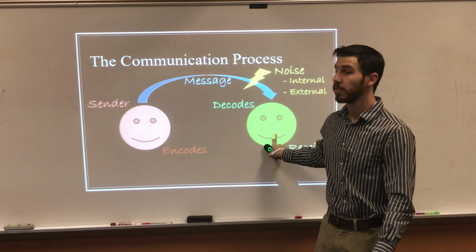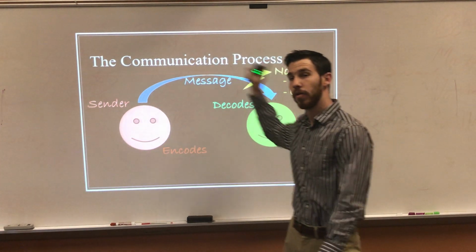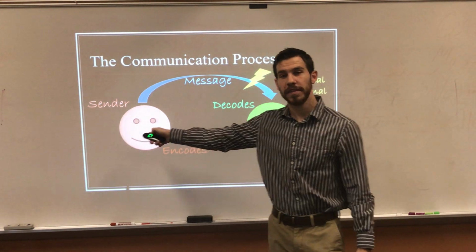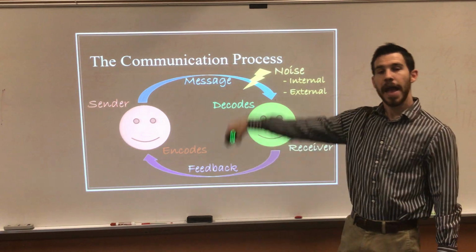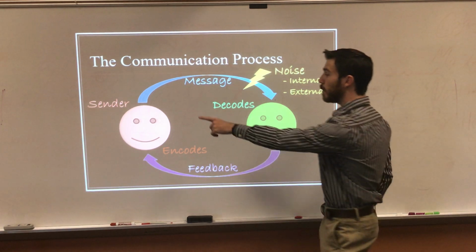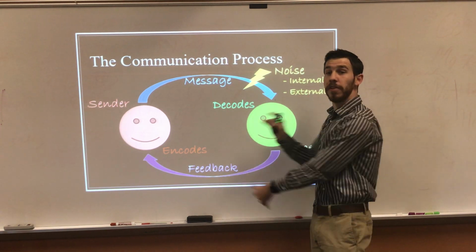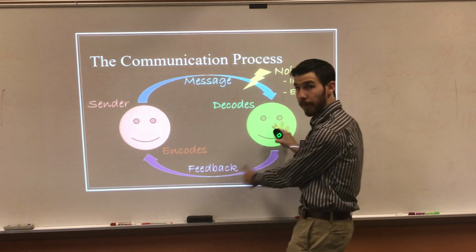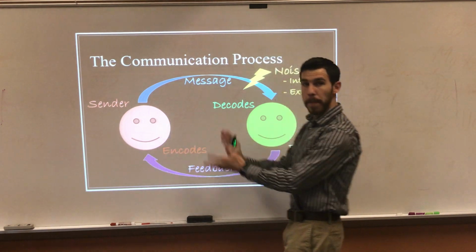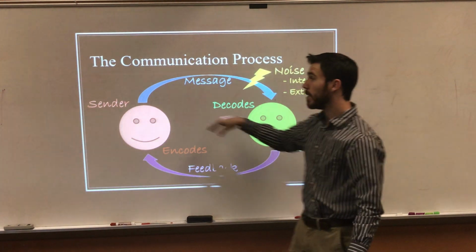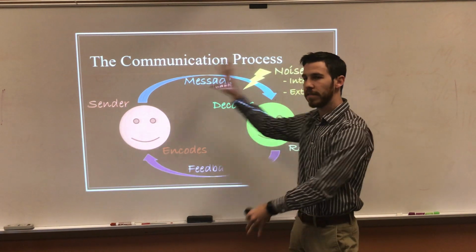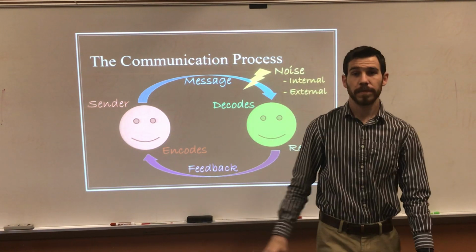And most of the time, it does not end there. Remember, it's a constant cycle. So to finish the cycle, the receiver then sends back to the sender something called feedback. And then it goes back and forth. Sometimes the receiver then becomes the sender with a new message. So the sender will send a message, and then it could be nonverbal or verbal cues back. And then the receiver can become the sender with a different question or something like that. But it's a constant circle. It's constantly going and never stopping, okay?